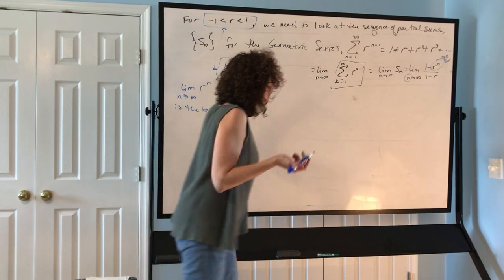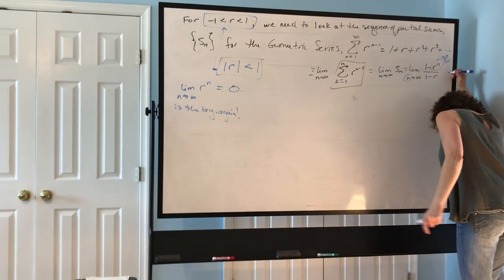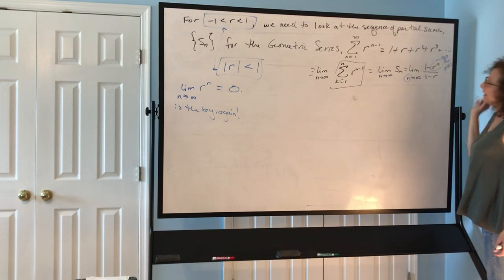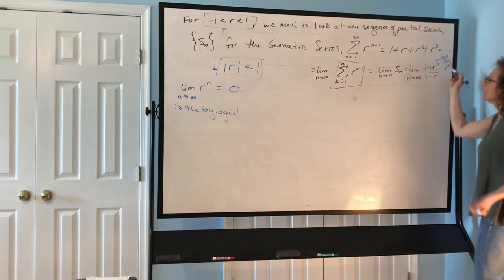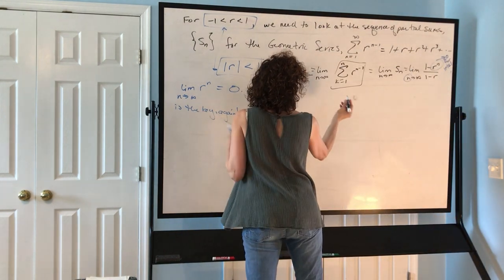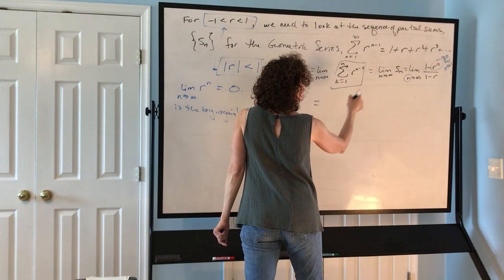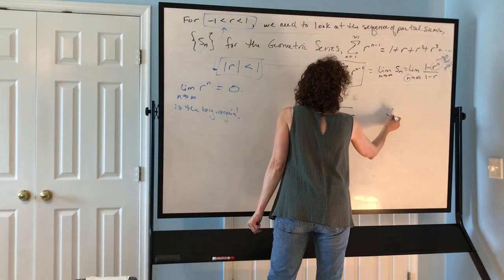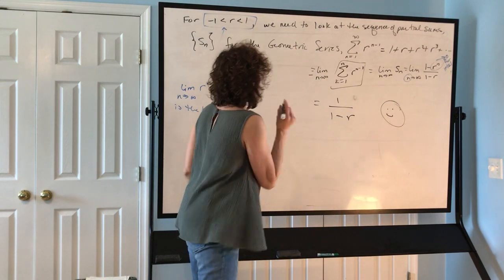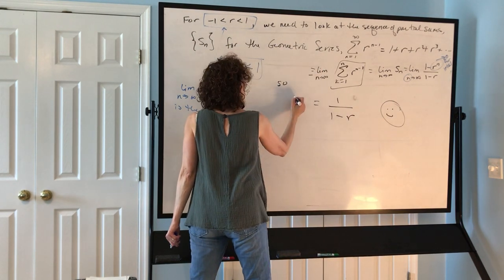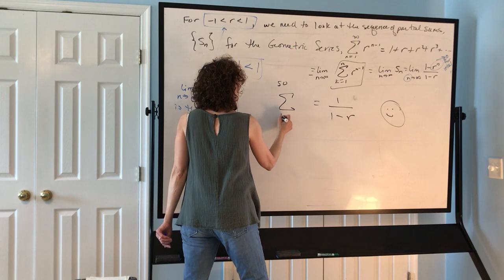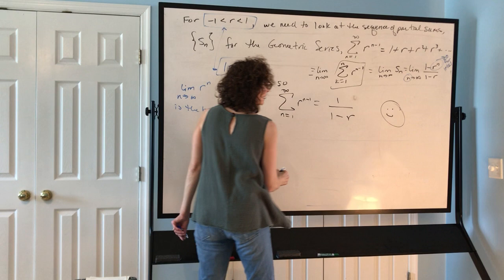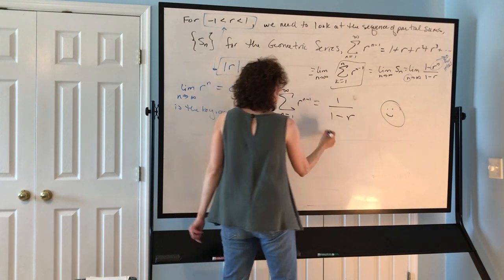So what do I then know? This goes to 0 for, it's easier to say, absolute value of r less than 1. That guy goes to 0, and therefore what is our limit? That limit is just 1 over 1 minus r. Woohoo! This is the sum of a geometric series. That's kind of awesome. The sum n equals 1 to infinity of r to the n minus 1 is equal to 1 over 1 minus r,